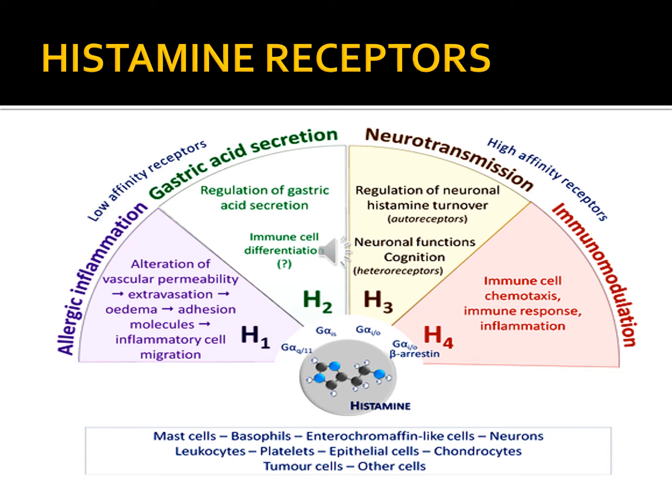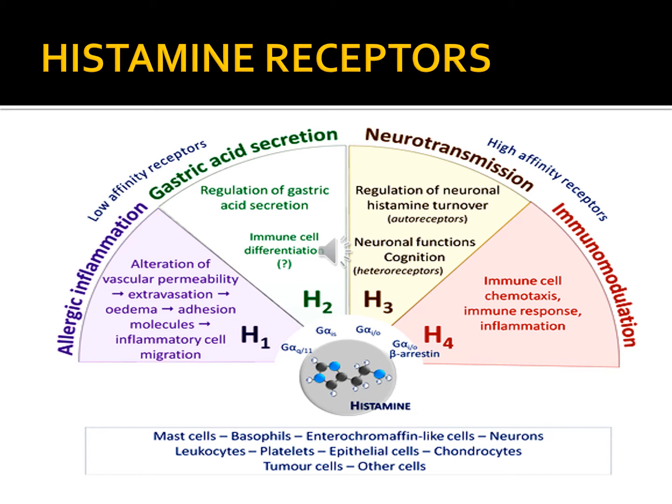Beyond its role in the acute allergic response, it exerts its diverse biological effects through the activation of 4 types of membrane-bound receptors from the aminergic G protein coupled receptor family, that is H1, H2, H3 and H4. These names are given according to their order of discovery. Here we will discuss the role of these histamine receptors.